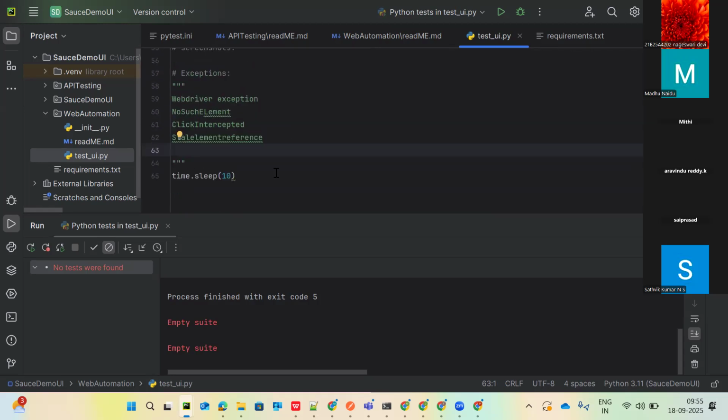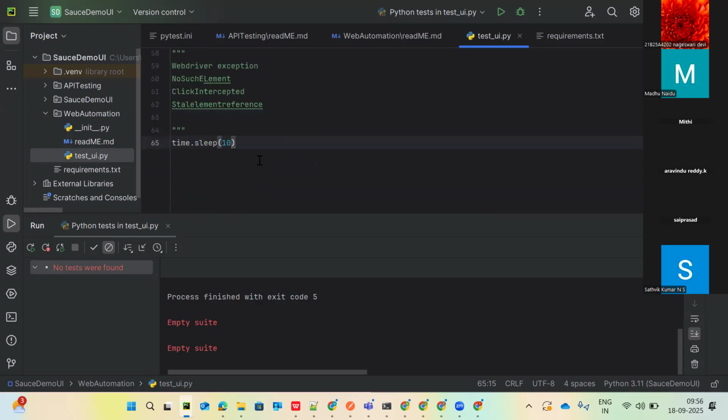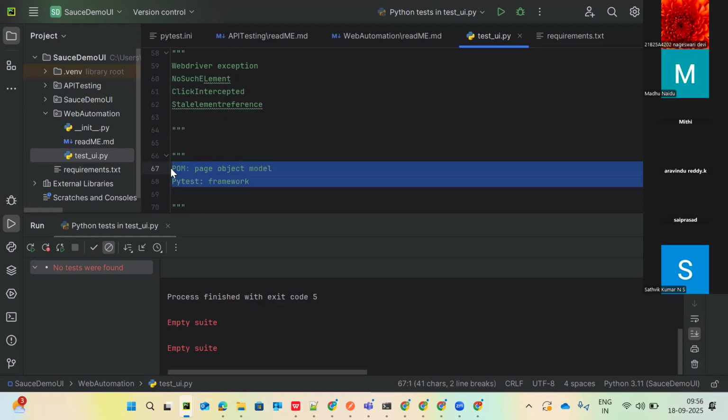And along with that, whatever we are discussing, all these things we can implement with the design pattern called Page Object Model, POM. POM is a design pattern, Page Object Model. And we are going to implement it with the PyTest framework. Once you are familiar with all these concepts, whatever code we are writing, we can convert into Page Object Model and the PyTest framework. Okay. So this is